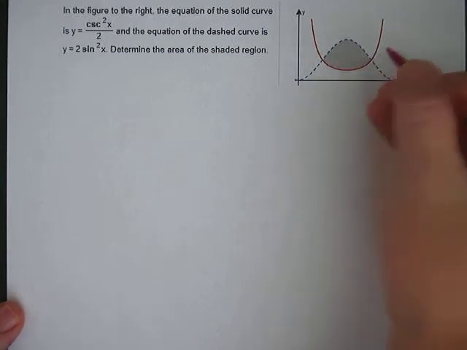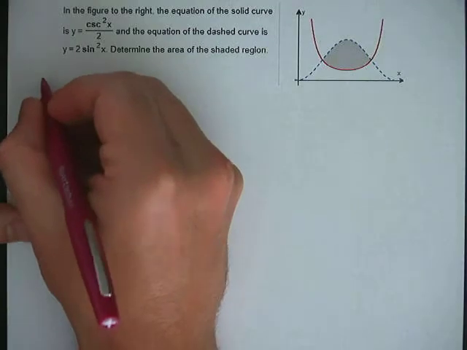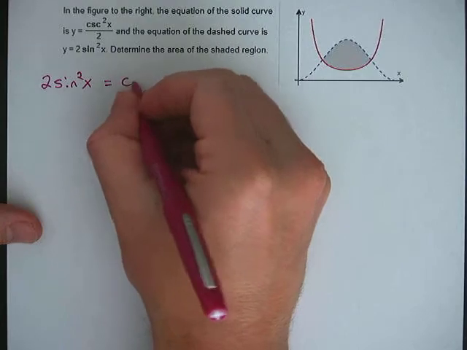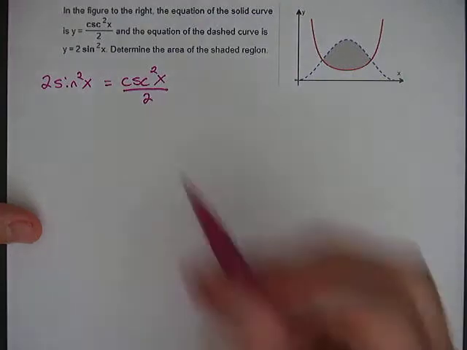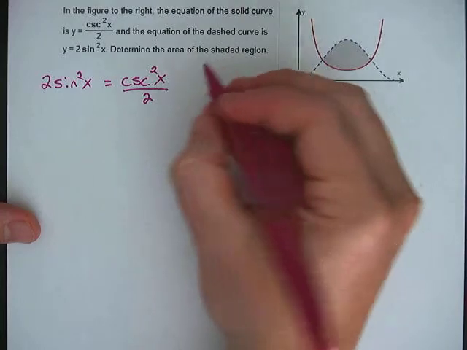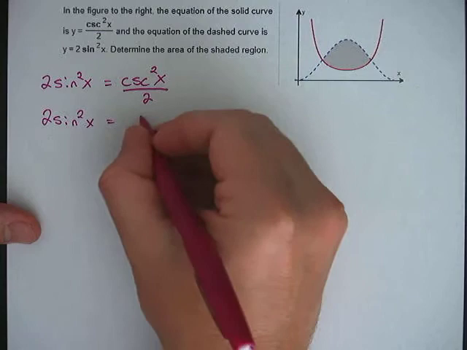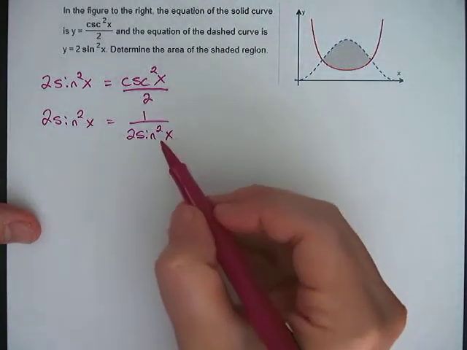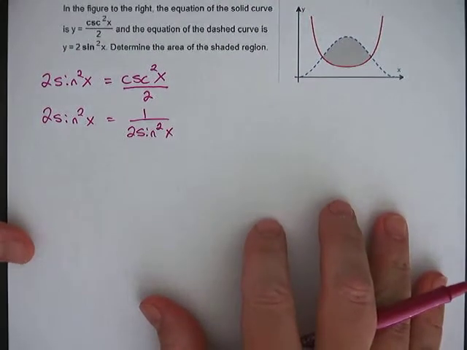We need x values. Okay, so we need to set these equal to one another. So let's set 2 sine squared x equal to cosecant squared x over 2. Now note that cosecant squared x is the same thing as 1 over sine squared of x. Okay, so this is 2 sine squared x equals 1 over 2 sine squared x. Okay, so we can multiply both sides by the sine squared x, and we will get,